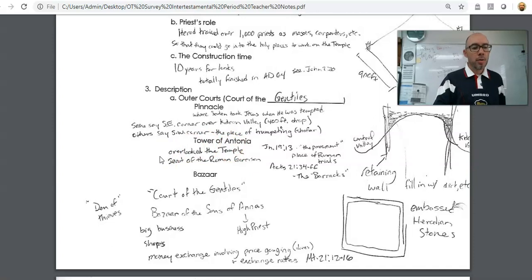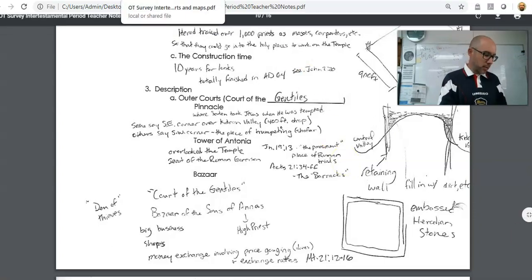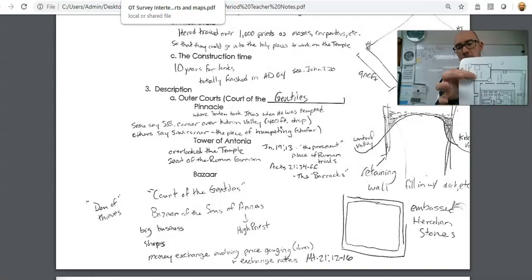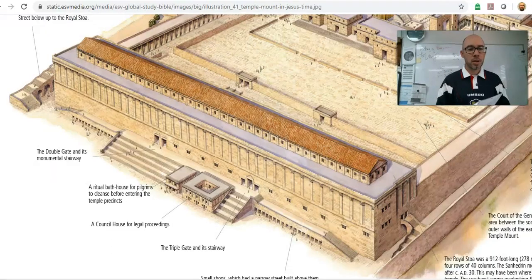Next in the outer court is the Tower of Antonia. Antonia overlooked the temple and was the seat of the Roman garrison. So they would have some soldiers there in the barracks. In Acts 21, it's called the barracks. In John 19:13, when Jesus is on trial, they take him to the pavement, the place of Roman trials. There's a little bit of difference between the picture that I gave you. It shows the castle of Antonia overlapping the Temple Mount there in the corner. This illustration shows it